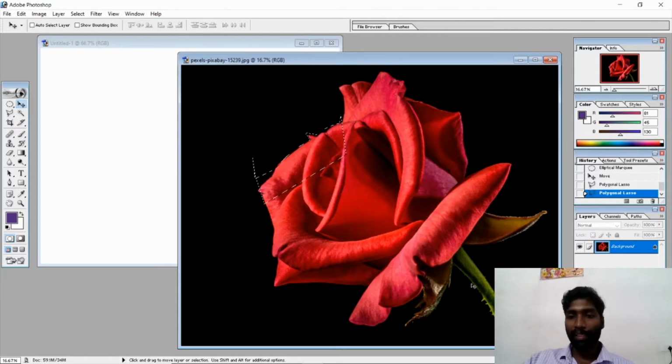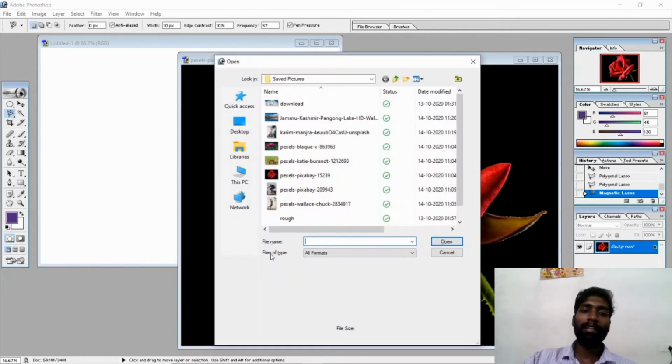Now I am going to select this full picture with the help of the magnetic lasso tool. Yesterday I mentioned the magnetic lasso tool will select the image automatically by itself. See, this is the magnetic lasso tool. One click, then I am just moving. I am not clicking. I am just moving. You can see, when we are moving, we should move near the border. I moved a bit too far. That's why it is not selected properly. Now I think another image will be better.